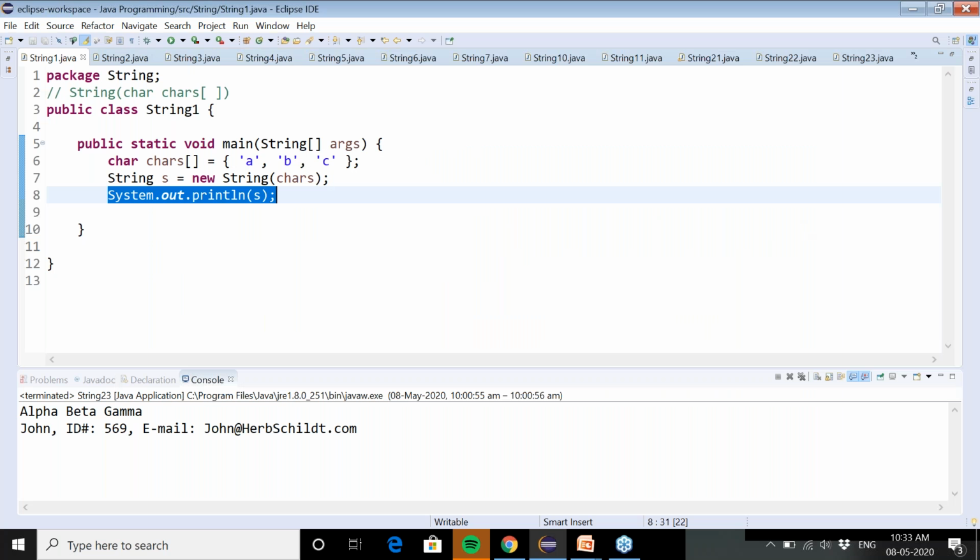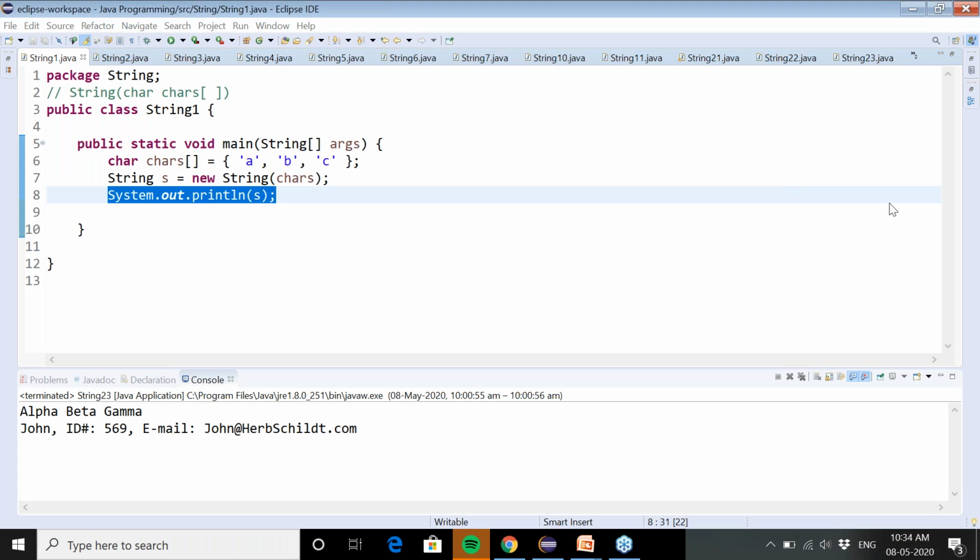Basically, Java supports two types of strings. One is called immutable strings, and the second category is mutable strings. Immutable strings are the strings that cannot be changed.